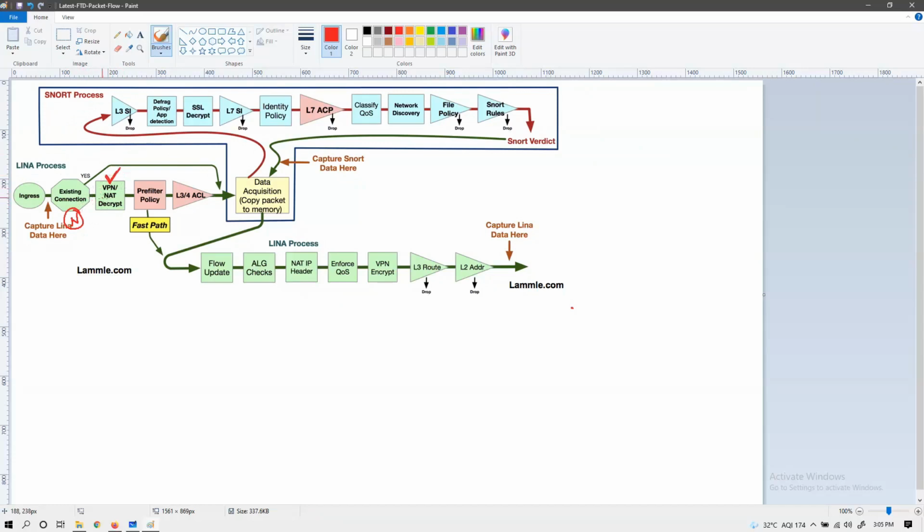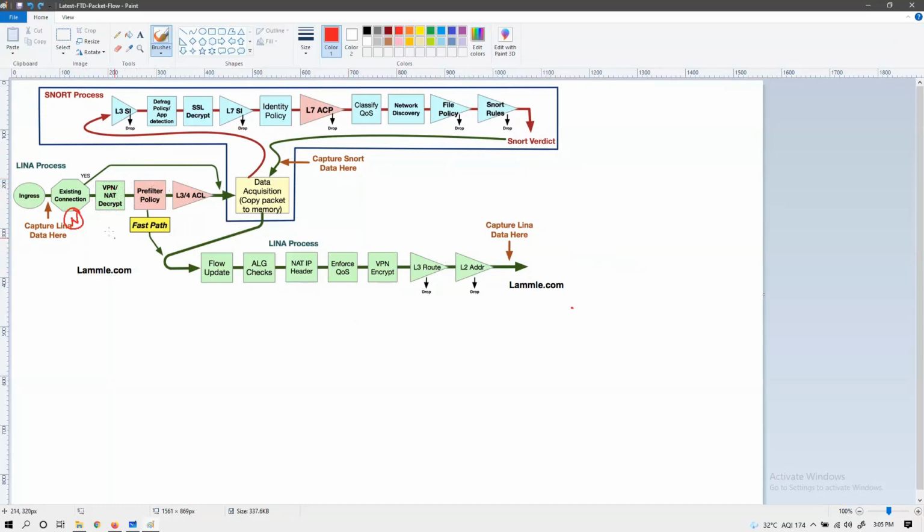It will check for the VPN rules and NAT rules, whether this traffic needs to be decrypted or not. Here it will not be encrypted. Okay, it is not for encryption. Here this is encryption when this packet is about to be sent. So here it is used to check whether the packet needs decryption, translation or anything. After that, this packet will be moved to pre-filter policy.